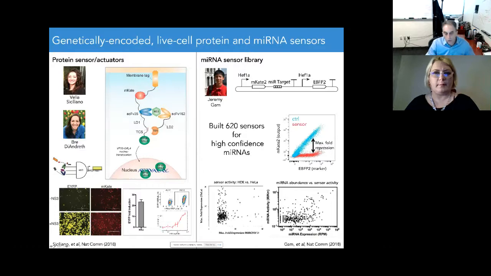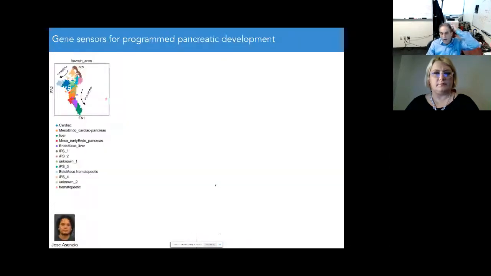So what I'm going to do is I'm going to come back to these microRNA sensors when I talk about cancer application. So for now, we leave it as it is and move on to yet another type of sensor, which is a gene sensor. And so these gene sensors are mechanisms that allow us to understand and detect when gene expression is changed inside the cell.